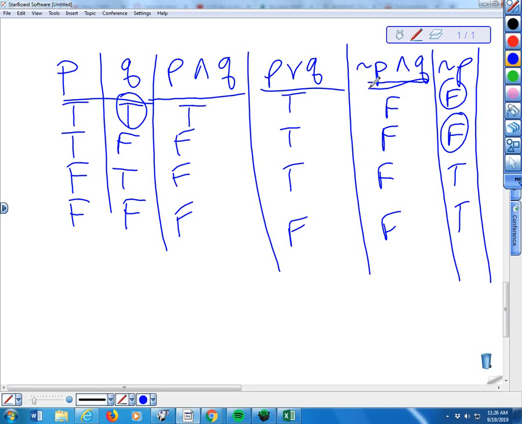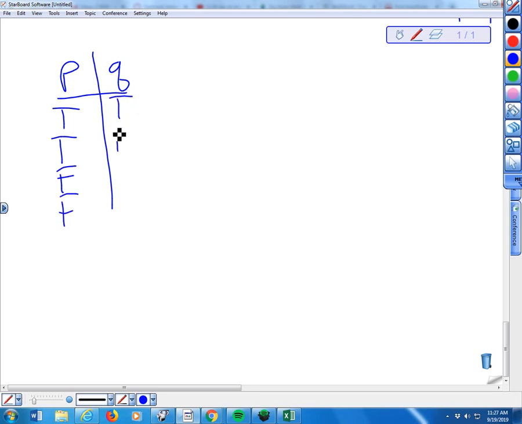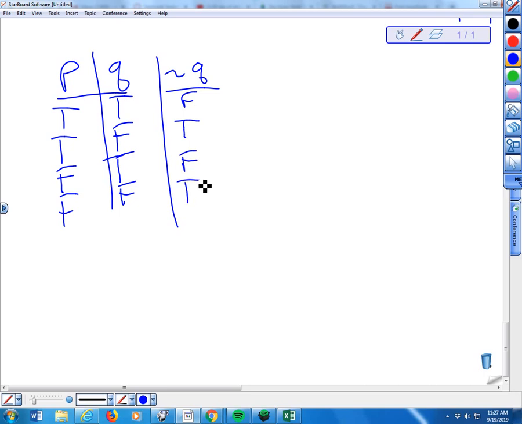Do you want me to do a 3-column one, PQR, or are you guys understanding it? Can you do P, Q, not Q, and if not Q, then P? What? Not Q. True, false. Okay, not Q. So not Q will be false, true, false, true. And then if not Q, then